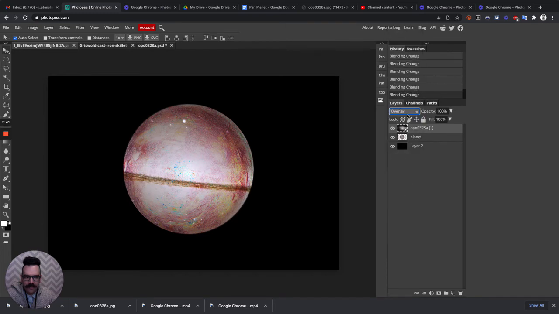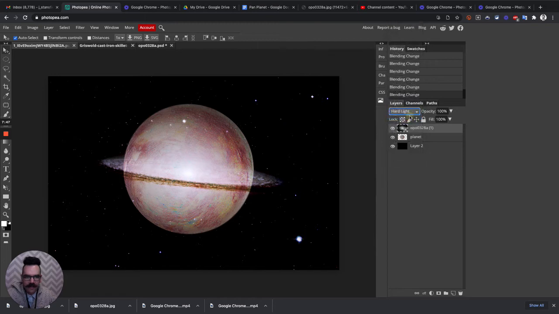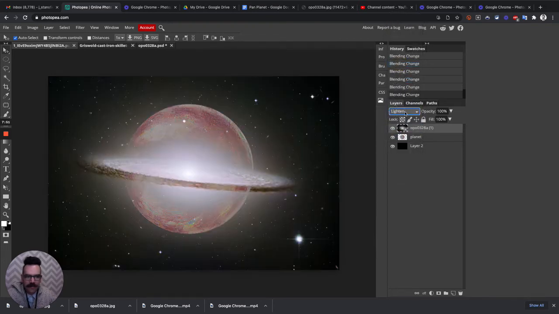Overlay, no, I don't think any of these overlays are gonna look good. That's interesting, actually. That hard light, and then we're gonna use a combination. Let's go back. I think it was lighten or screen that looked good. So let's go to lighten. Let's keep it here,